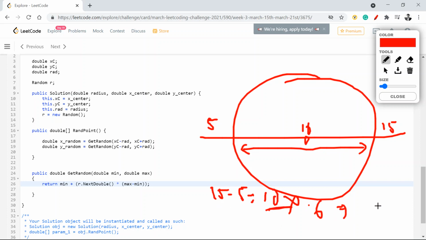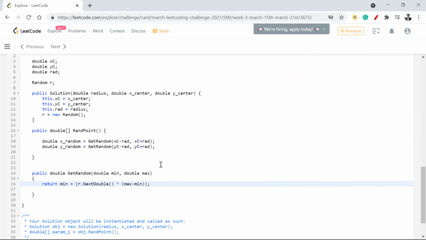Now this will give me 6, right? Now this value has to always be greater than 5, so that x will be 5 plus 6. So with the random value which I found, my x will turn out to be 11, right? So just to ensure that it's in this main range, I did a min plus the random value between 0 and 1, and I multiply that with max minus min, right?